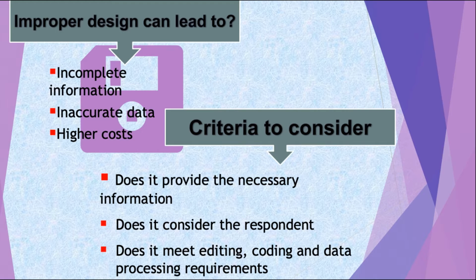Does it meet editing, coding, and data processing requirements? Because you may ask a question, but later when you want to code, you cannot really manipulate the coding. Manipulating does not mean changing the numbers. Let me give you an example. You ask a question, how much is your income? And you give, for example, choices: less than 1,000, between 1,001 to 2,000, between 2,001 to 3,000. But this one is actually better if you put it in an open question,